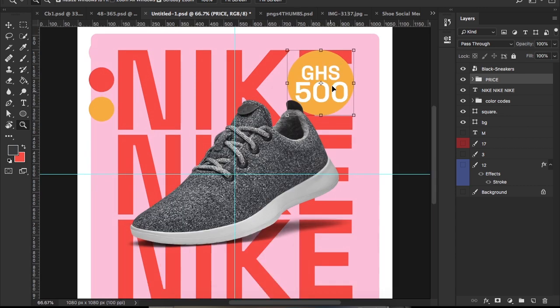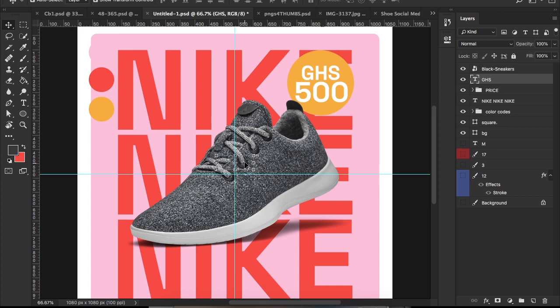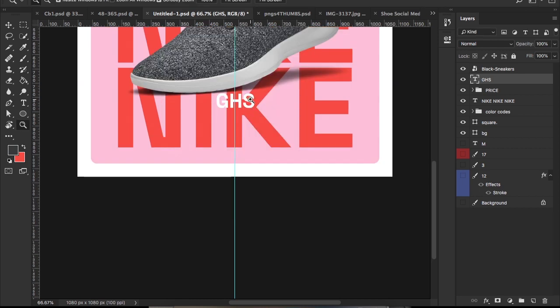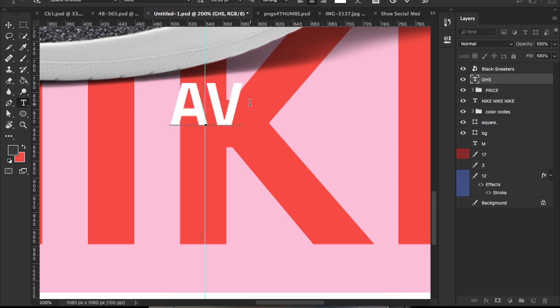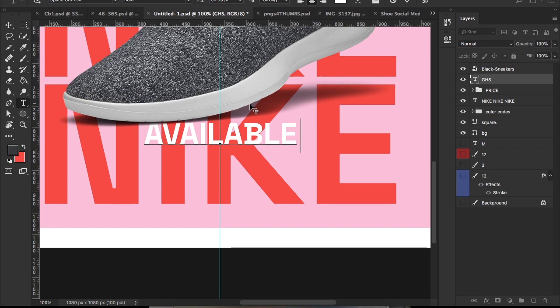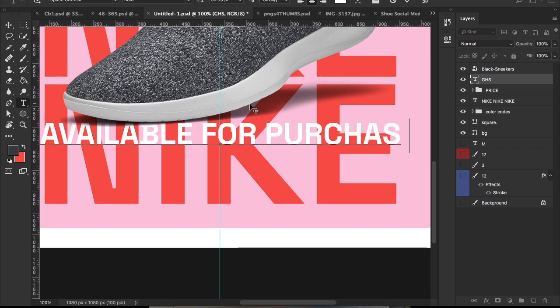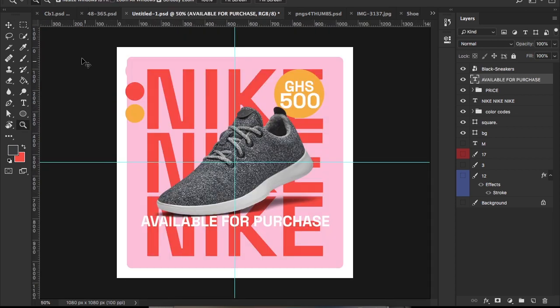Mostly you see them adding something like available for purchase. So you can change this one to available for purchase. Type in available for purchase. Okay, so the available for purchase can be somewhere